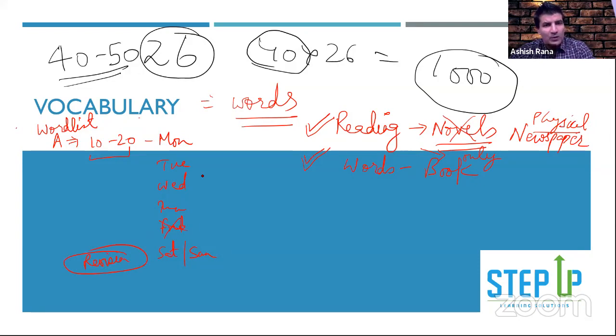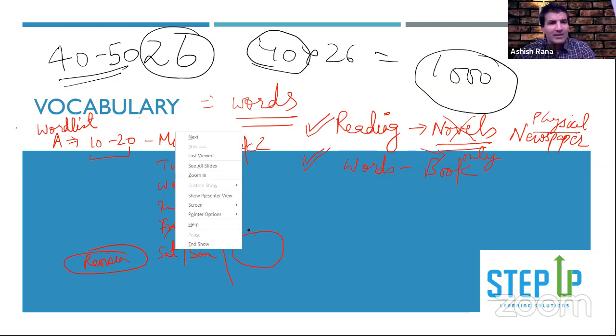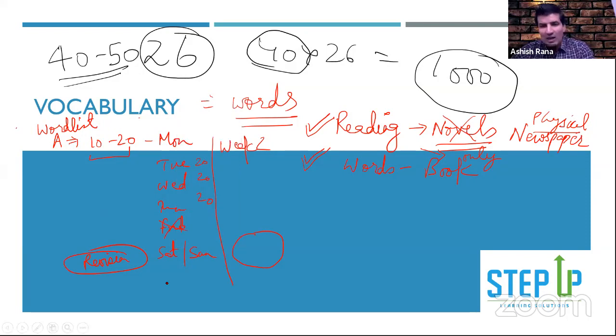Now similarly then week 2 comes. Week 2 also you do the same thing. That means you're doing 20 words every day, and then on Saturday, Sunday you're doing revision. So basically good sleep and revision is the only thing, how all of these words will go from your temporary memory to your permanent memory, right? From temporary to permanent, it becomes part of you, you will never forget it. Okay, so this is the second approach.